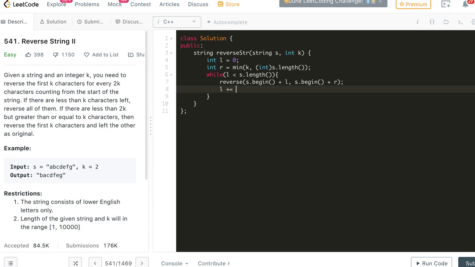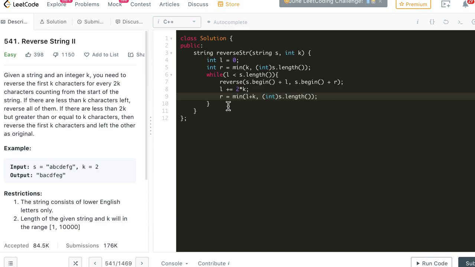Then L becomes L plus 2 times k and R becomes again min of L plus k and int of s dot length. Here I am typecasting to int since these types will mismatch: k is int and s dot length is unsigned long.